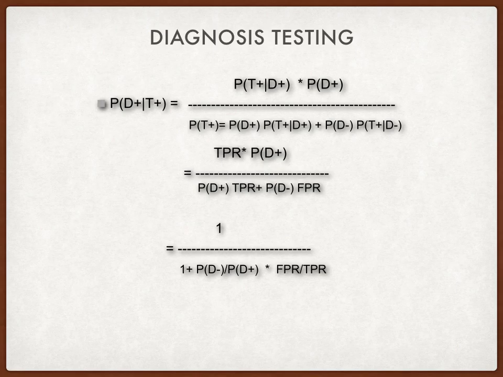The probability of the patient actually having the condition multiplied by the true positive scenario. T+ given D+ means that the test is positive and the condition actually exists, plus